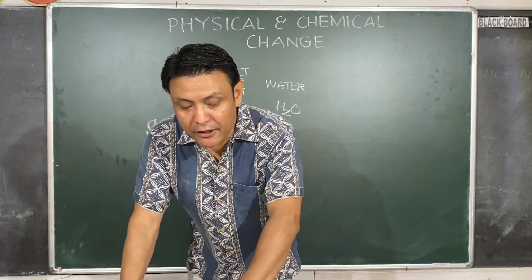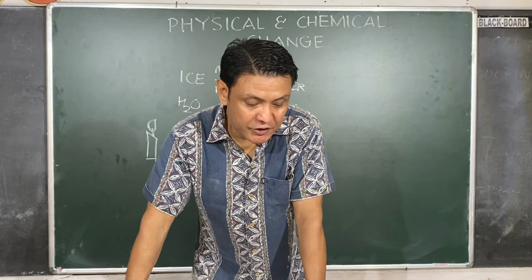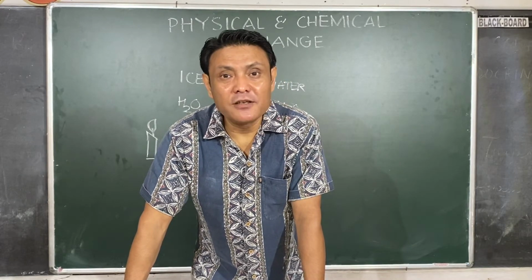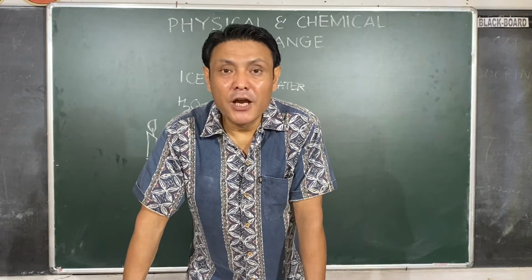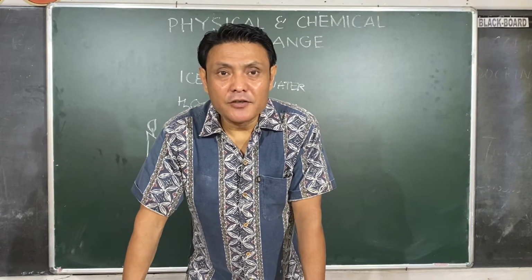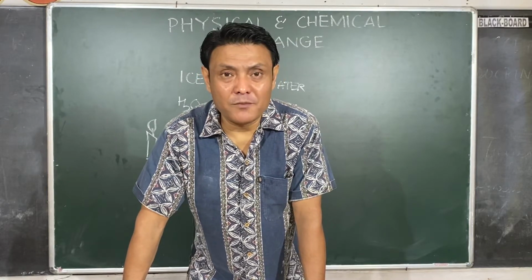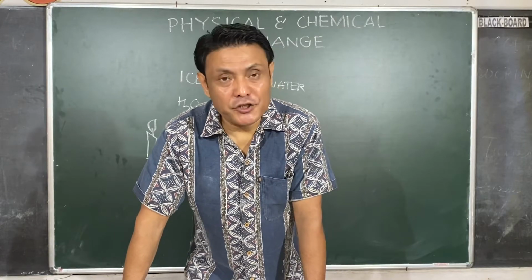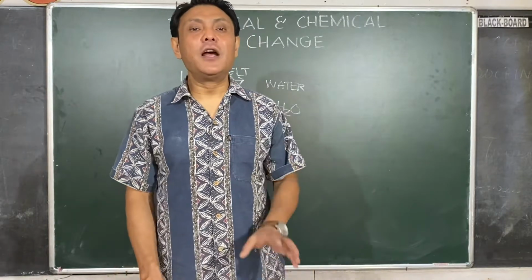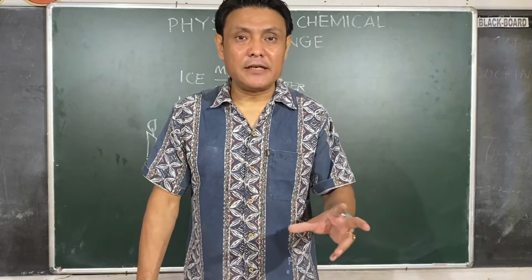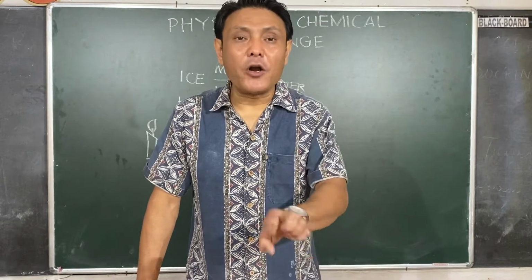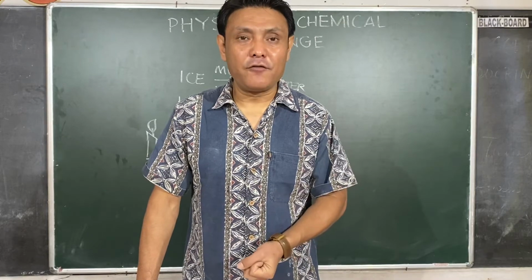Now we talk about different types of chemical change. So we eat food, the food gets digested, a totally new substance will be formed, the food will be broken into simpler substances. So since totally new substances are formed, it is a chemical change. Okay? And during the digestion of food, the complex food will be converted into simple and soluble forms so that our body can absorb it and utilize it